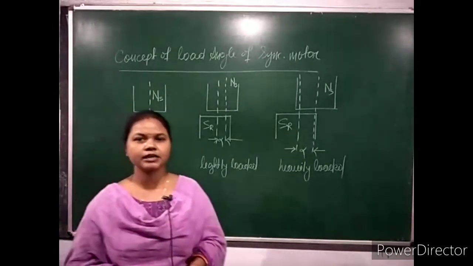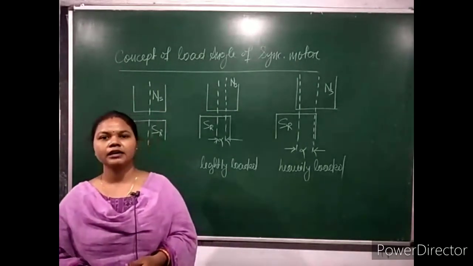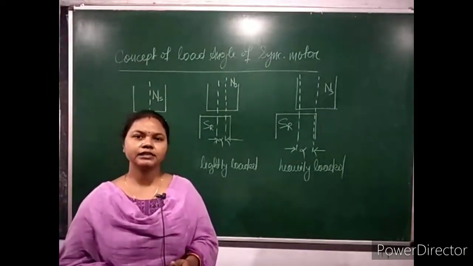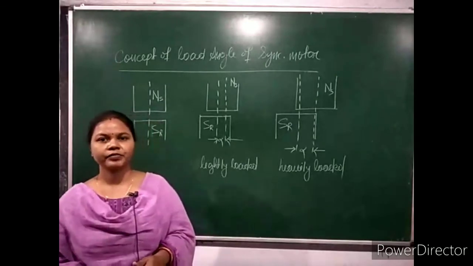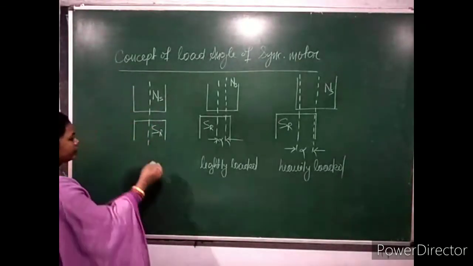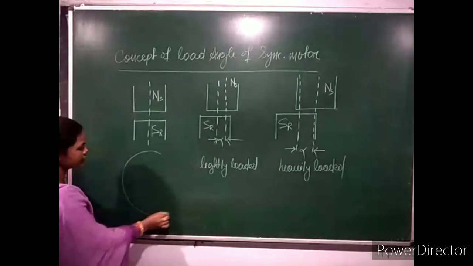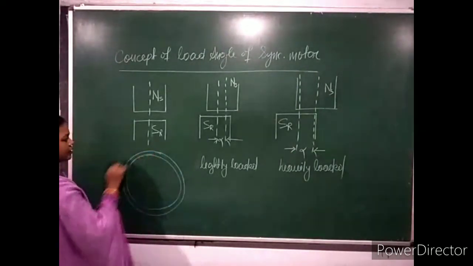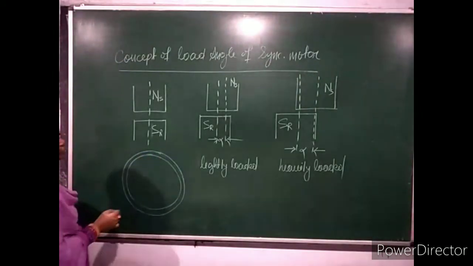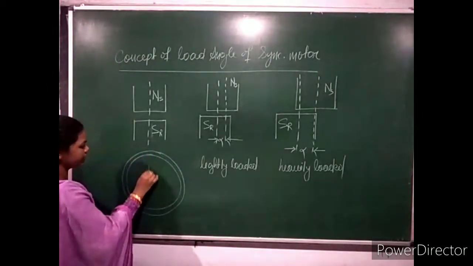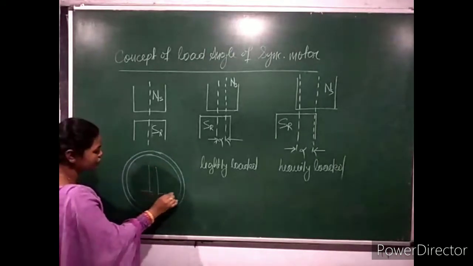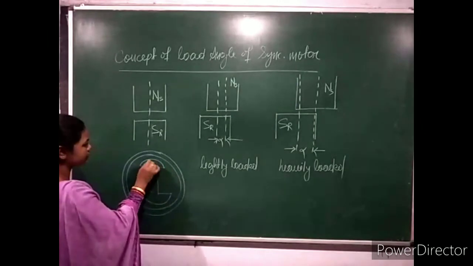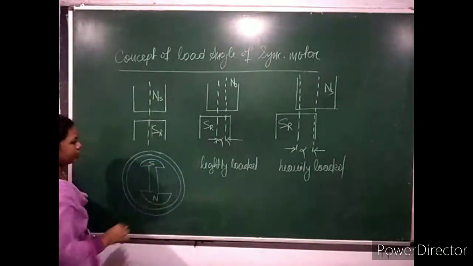Three-phase AC supply is given to the stator winding and DC is given to the field, that is the rotor, to excite it. Suppose here let me draw the diagram of a synchronous motor. This is the stator, which consists of an armature winding housed in the slots present in the stator. I take the example of a salient pole synchronous motor, which consists of two poles on the rotor. Let this be the south pole and this the north pole of the rotor.